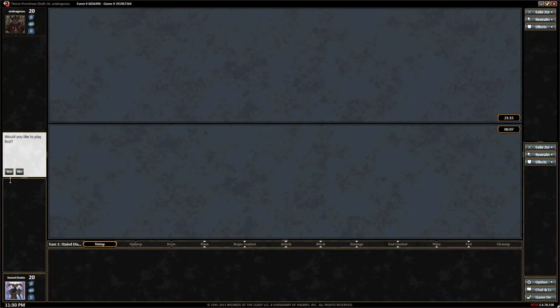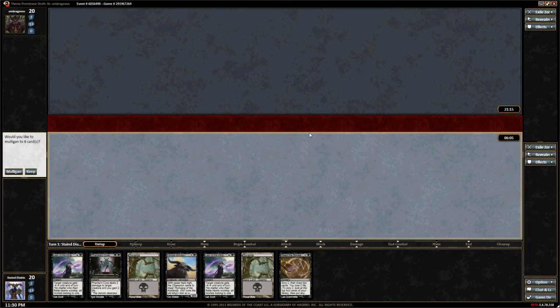Okay. Alright, everybody, we're back for Game 3. Well, I think that's gotta be a keep. If we draw a land, we get to read the bones. Not, we have a Freakus Cure, so...